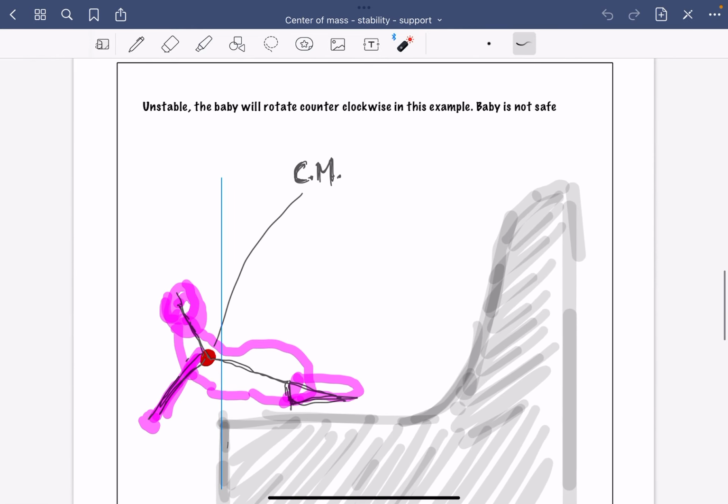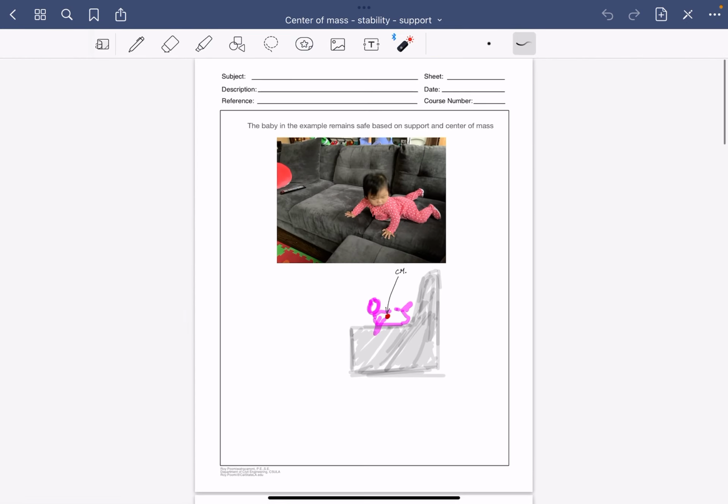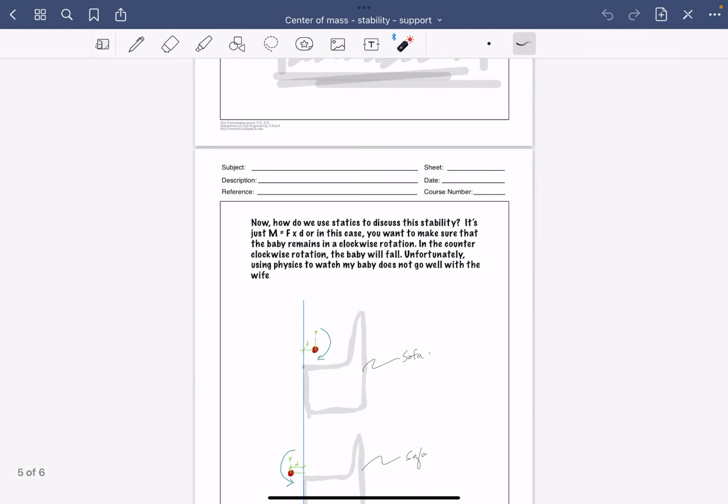And so here is the unstable case where the baby would fall, hit her head, go to ER, blah, blah, blah, all this stuff, medical bills go up, up, up into infinity. Here's your line of last support, here's your center of mass, and that distance, just imagine it was a little further out because it's pretty close, is your eccentricity. And that's your moment, and that's what's going to take the baby down to the ground. But if you look at it, here's a photo, padding right there, not a big deal. And you can see that this sofa is pretty low. Again, not a big deal. Anyways, so in summary,